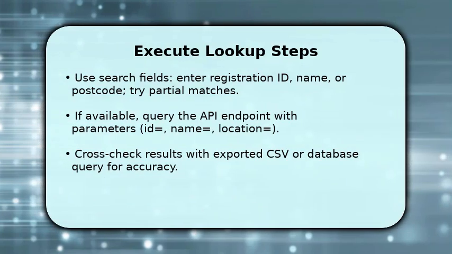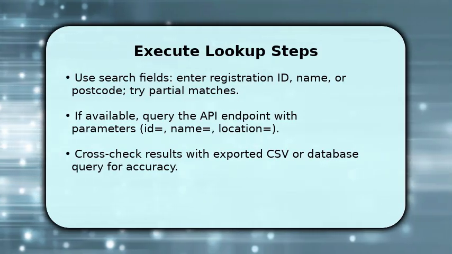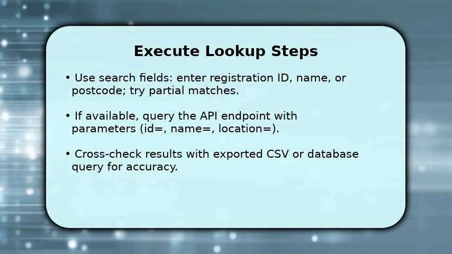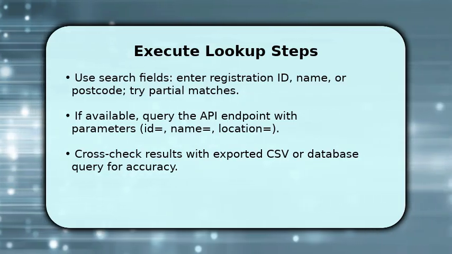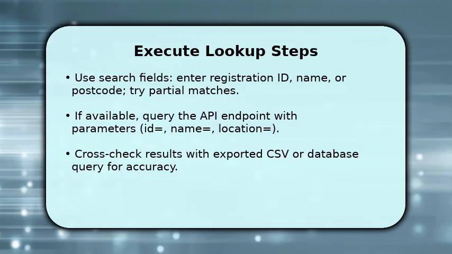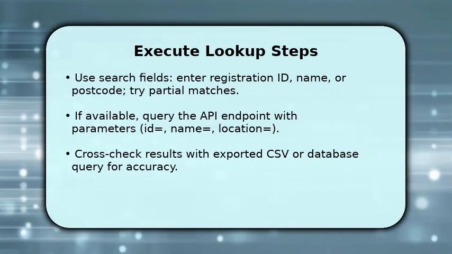You proceed by executing targeted lookups. Enter registration ID first, then try name and postcode if that fails, using partial matches where supported. If an API is available, construct a parameterized request, for example ID equals 12,345 or name equals Smith, to retrieve